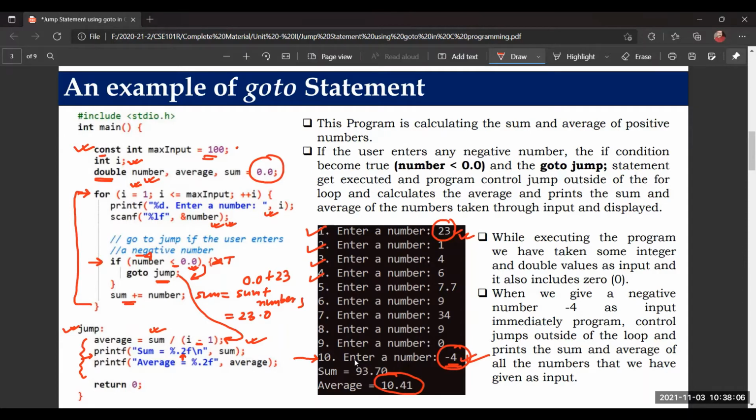Okay. So here we have discussed the forward goto. This is forward goto. Because see, it jumps in the direction of program execution. It doesn't go in the opposite direction. It is going in the same direction as program execution. That's why it is called forward goto. Okay, so I hope you understand this. We'll also implement this in the GDB compiler so that we can analyze the complete execution of the goto statement.